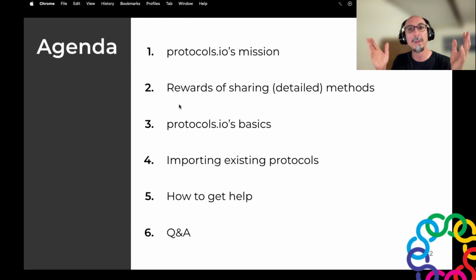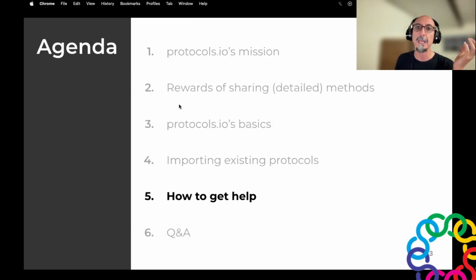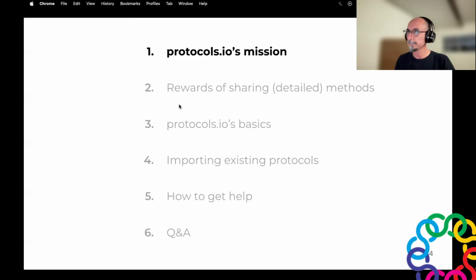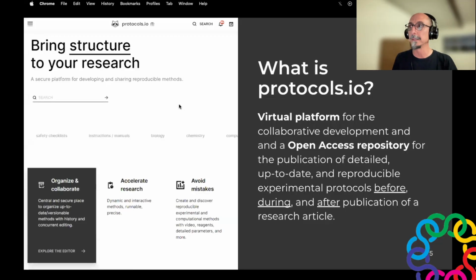Although I will be sharing a lot of information, we will not have the opportunity to go over all the details of the different functionalities of protocols.io. For that reason, at the end of my presentation, I will share with you some resources that you can browse for more information. But let's begin with what protocols.io is.